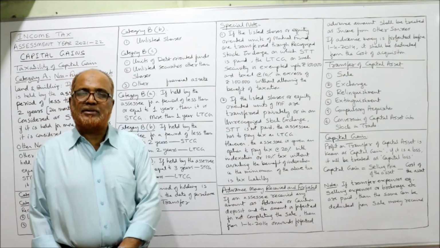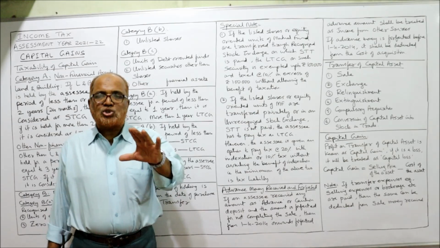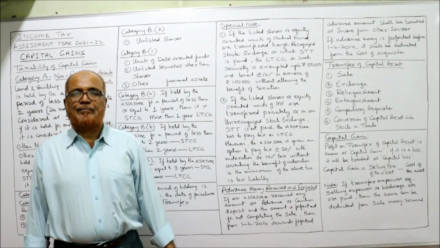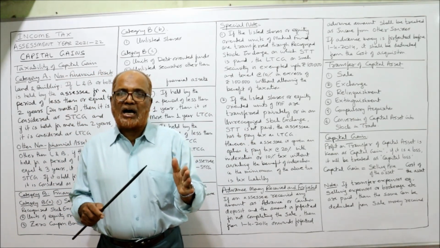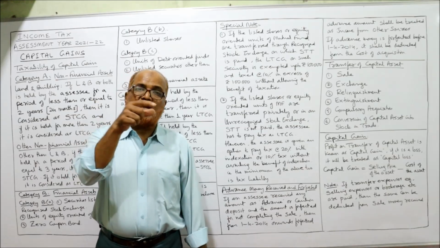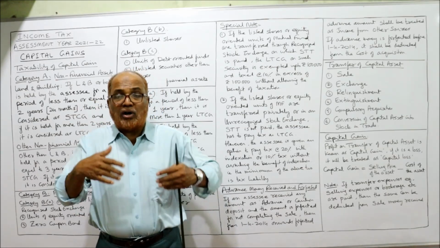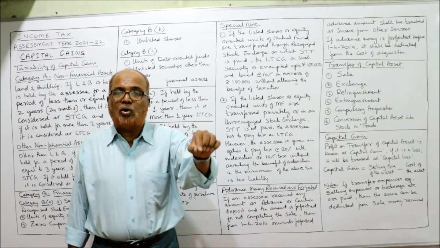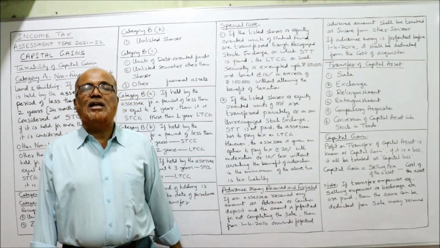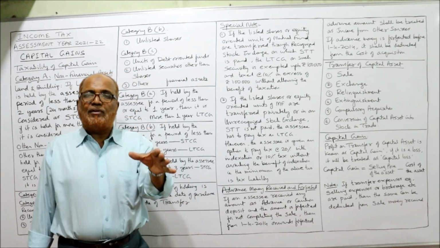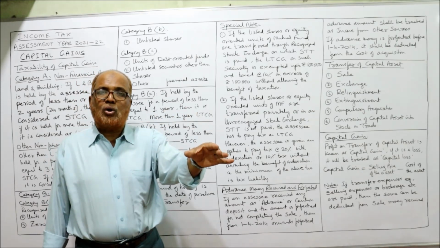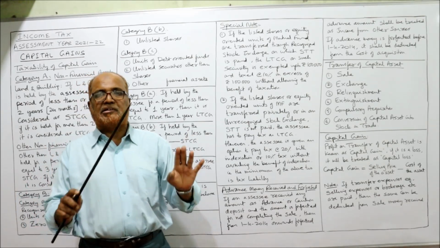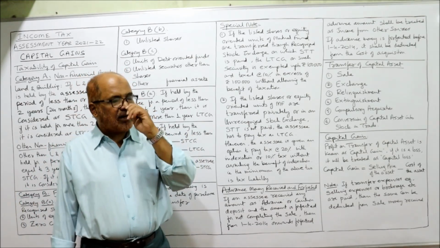Next comes transfer of capital asset. In examination, a theory question will be asked: explain the provisions regarding transfer of capital asset. Income from capital gain is charged only when there is a transfer of capital asset. So what is transfer? The Income Tax Act has not clearly given what denotes transfer. It has given only an inclusive definition. Inclusive definition says transfer includes the following. That means apart from this, any other item may also be treated as transfer. So what are the items that will come under transfer?